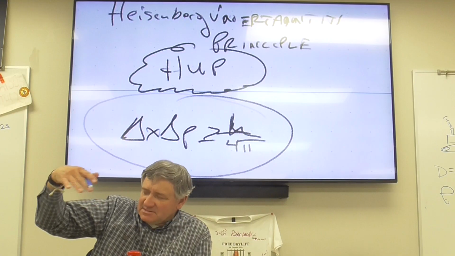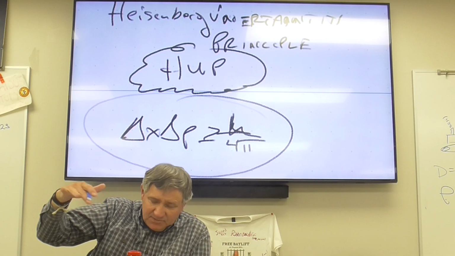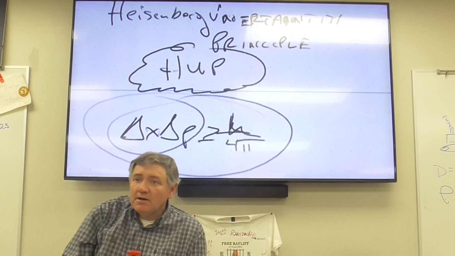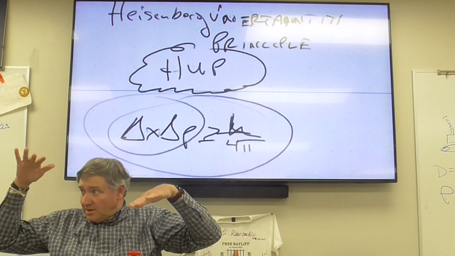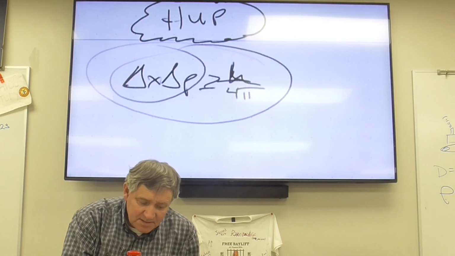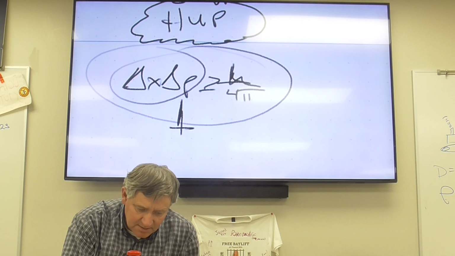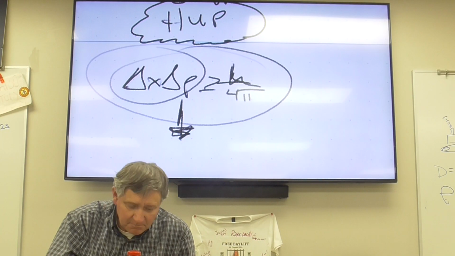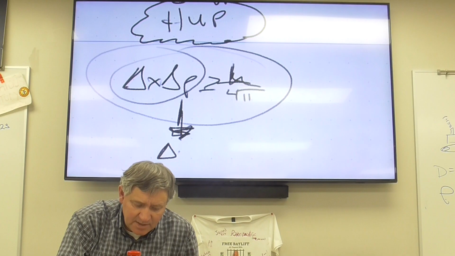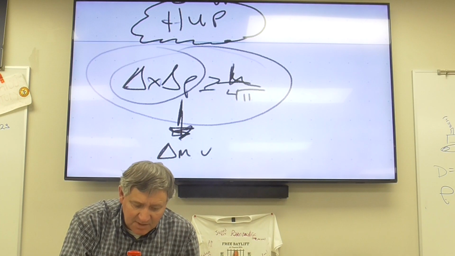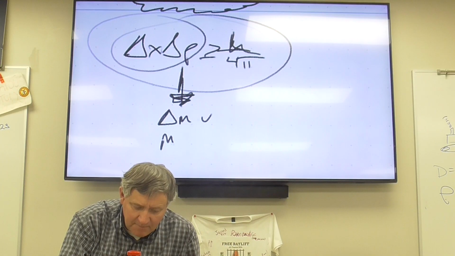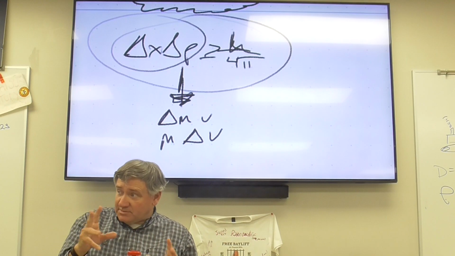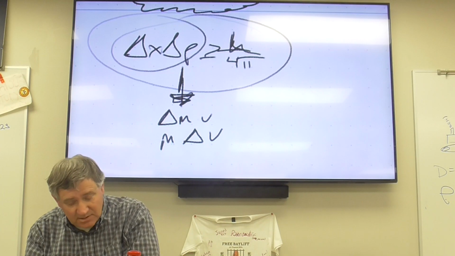So technically, it's greater than or equal to. Everybody just treats it as an equal sign. So these two numbers multiplied together always have to equal the same constant. So mathematically, what that means is as one goes up, the other one goes down. Now, this is uncertainty in momentum. What two things do you multiply together to get momentum? Mass and velocity. So you either have an uncertainty in mass multiplied by a velocity, or you have a certain quantity of mass and an unknown velocity. So uncertainty has to come into play in one of those two situations. It's either in mass or in the velocity.